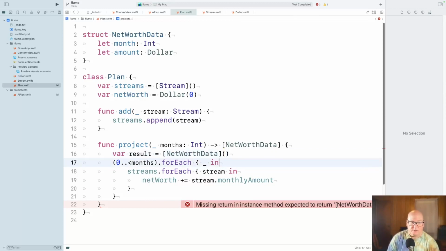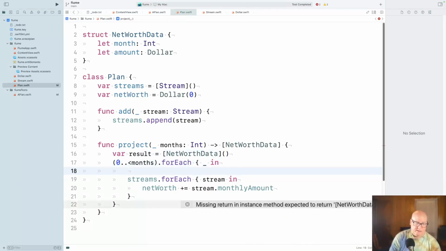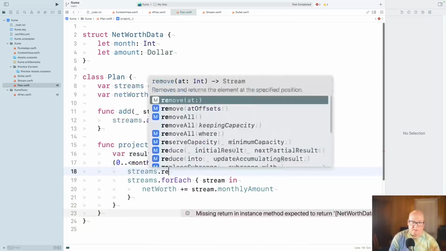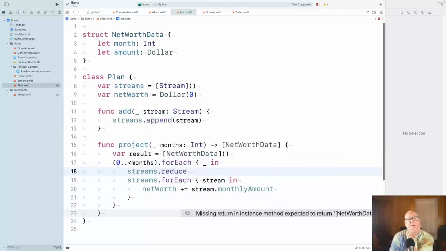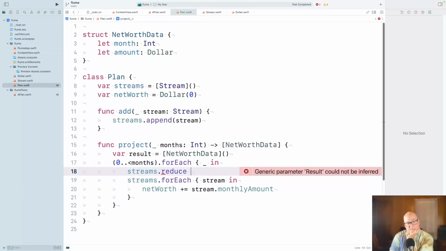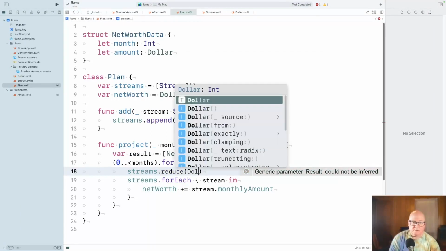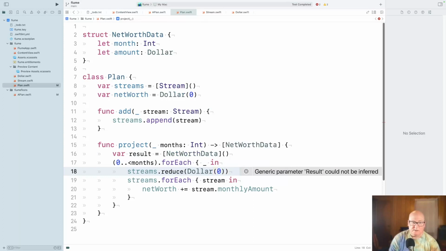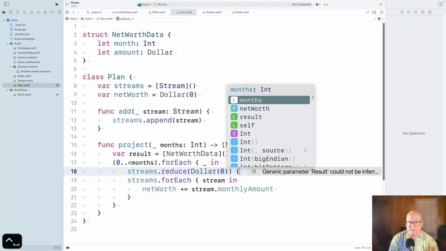Well, I want to do a reduce, I guess. If I take streams.reduce, $0 is my initial value, and then I can never get these right.